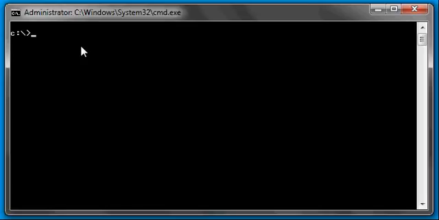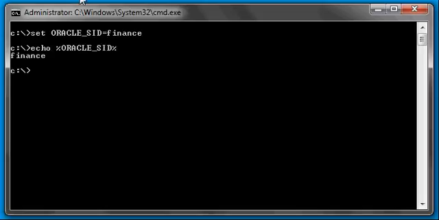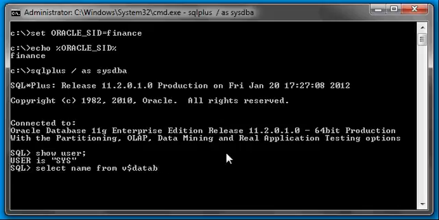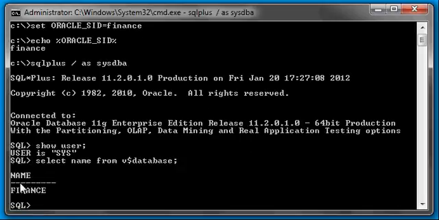Okay, so let's go ahead and set our Oracle SID variable to finance. And let's confirm that by echoing the value of it. Echo ORACLE_SID. Okay, and let's connect via SQL Plus. Let's do a show user to ensure that we're connected to the finance database as the sysdba user, sys, and let's type in select name from v$database to ensure we're connected to the correct database,